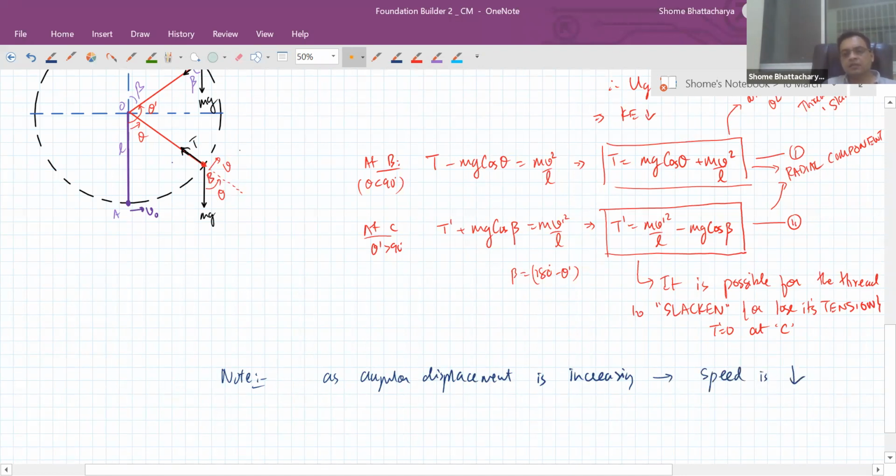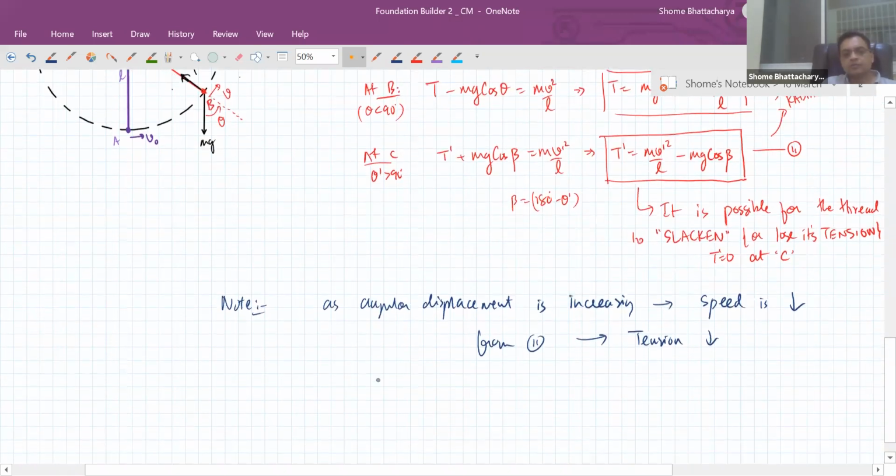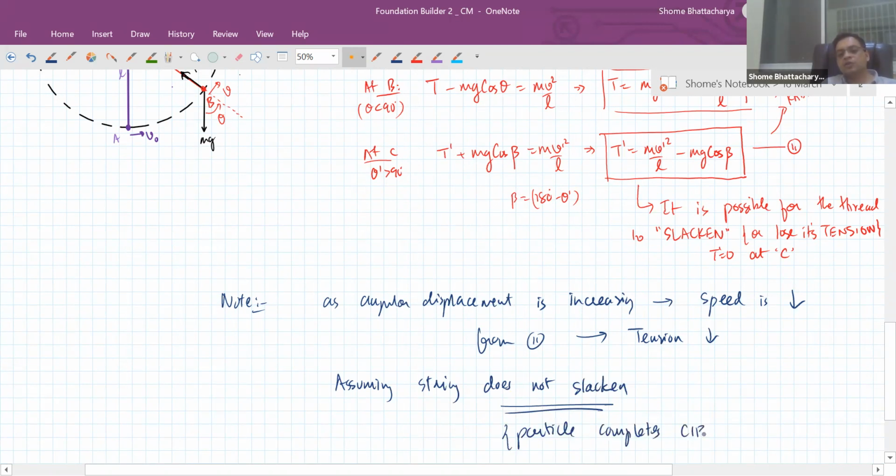So accordingly, from equation 2 you can see that the tension is also decreasing. So now if we assume that the tension does not become zero, assuming the string does not slacken, that is, the particle completes the circular path,